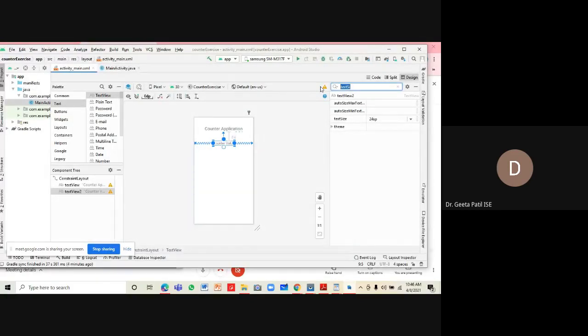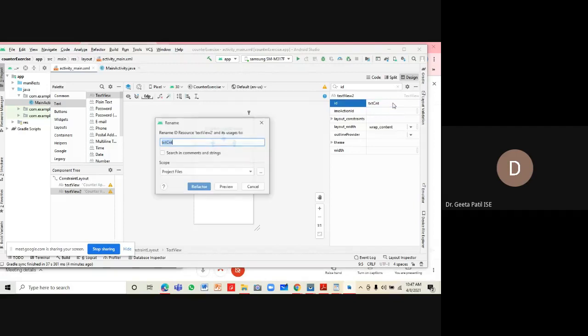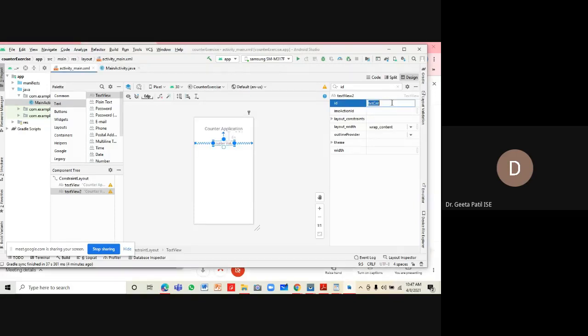The ID is textView2, so let us change it to txtCntValue, and the ID of our first label is not changed. If it doesn't happen over here, we will change it from the code.